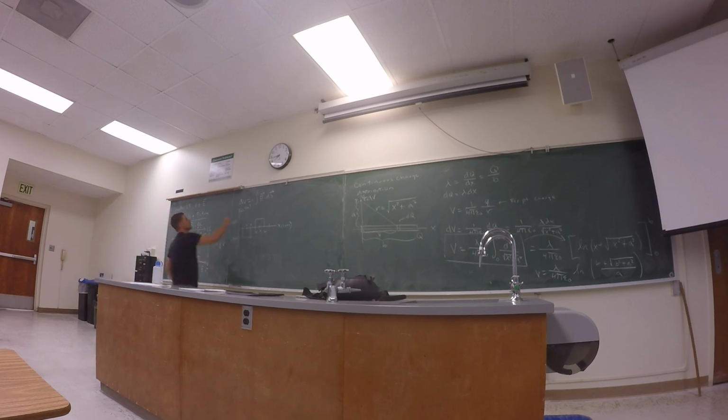Now this right here tells us that the potential is the area under the E versus S curve. Okay, S meaning some generic direction, some distance, and that's what we have here. So all we need to do is find the area under this curve, and that will tell us what the potential is doing. So we need the area under this curve and the area under this curve, only it's the